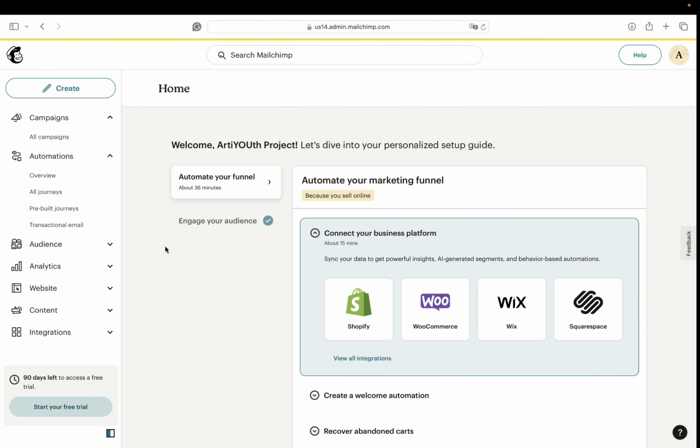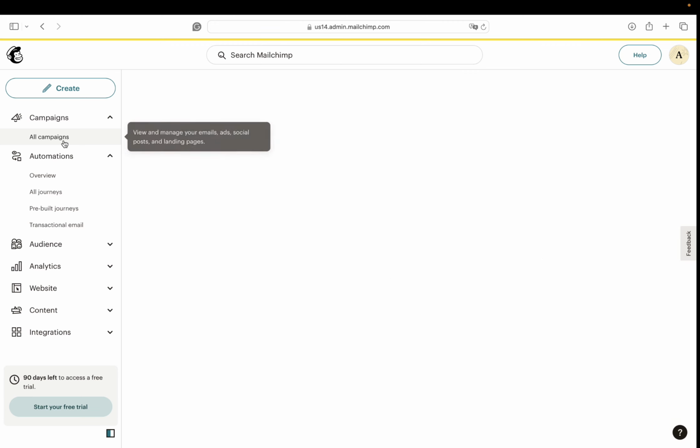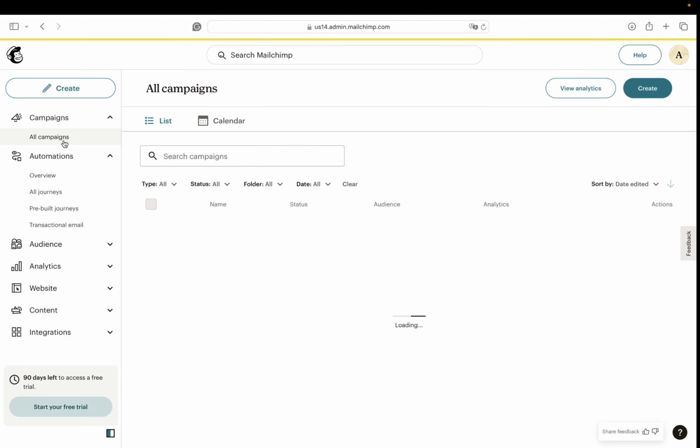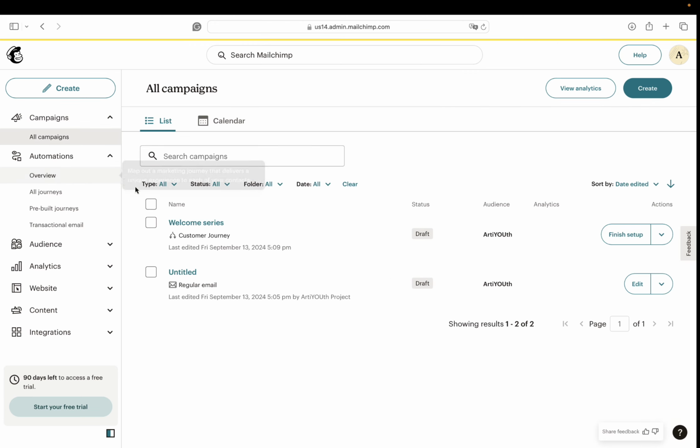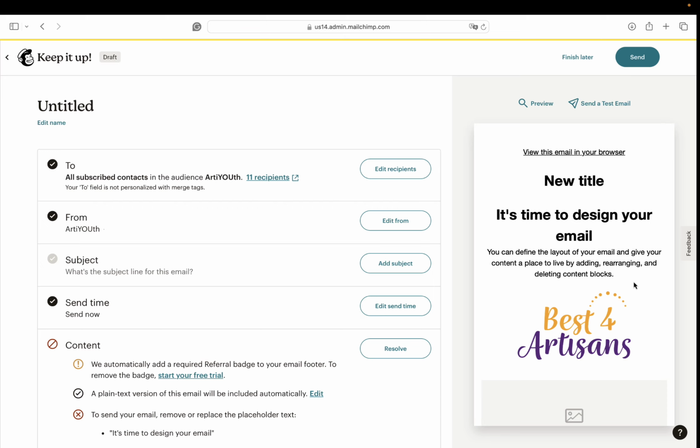Email testing helps you optimize your emails by comparing different versions and checking for errors. When creating a campaign, select Send a Test Email in the upper right corner. You can check different subject lines, content, and others. You can also check if the information in the email footnote contains all the necessary elements.